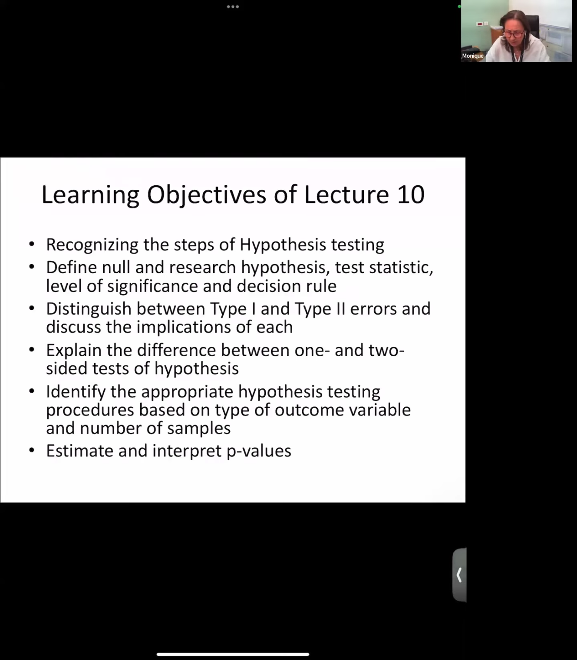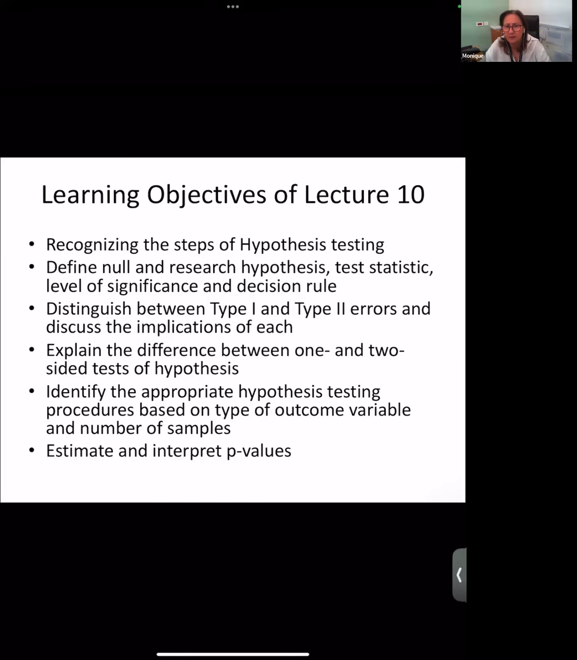Okay, so what are the learning objectives of the lecture? First, you will recognize and identify all steps of hypothesis testing, define what's a null and the research hypothesis, the statistics, level of significance and decision rule, distinguish between type 1 and type 2 error in the hypothesis testing, explain the differences between 1 and 2-sided test of hypotheses, identify the right procedure